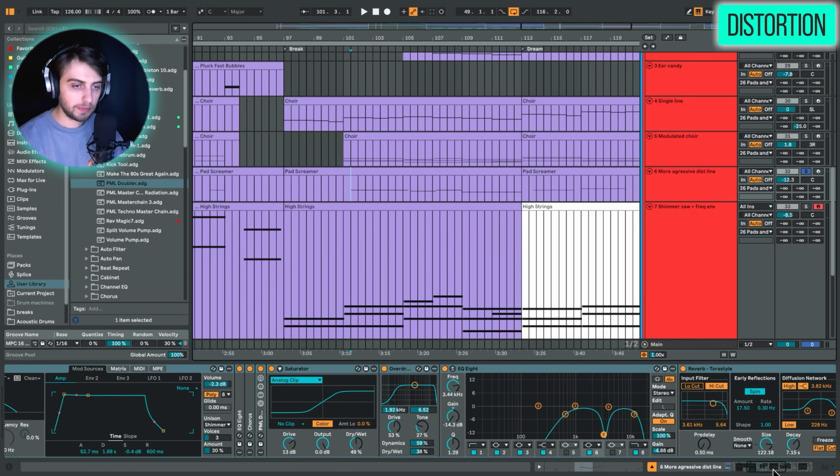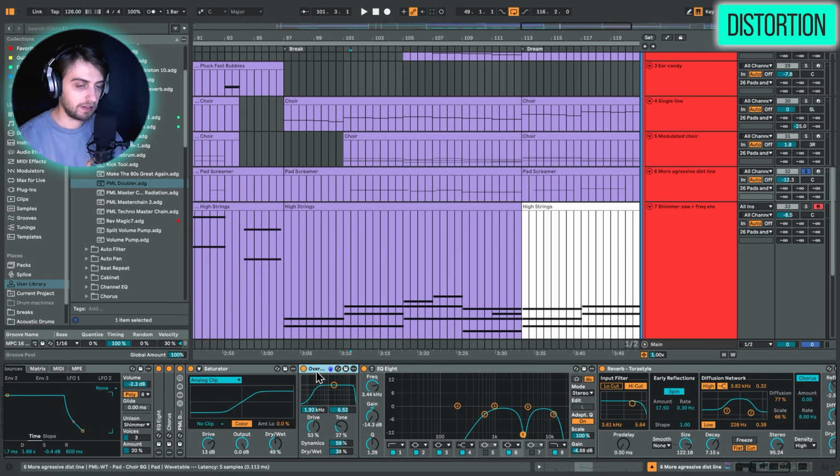But this one is simply using saturation and overdrive followed by EQ. So without the EQ, this would be over the top, this would overpower our signal. But when we are controlling it and narrowing down the frequency response with EQ, especially that we are taking out